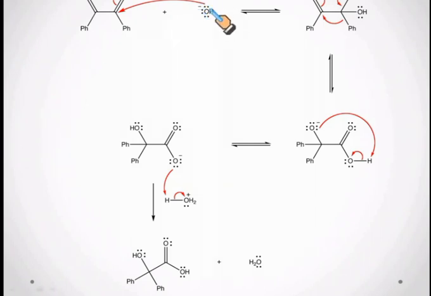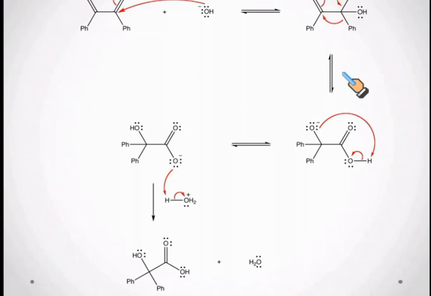First, a hydroxide ion attacks the carbonyl carbon of the benzil. Since it is a symmetric benzil, either carbonyl carbon can undergo nucleophilic attack by the hydroxide ion and consequently generate this anion. Then this anion undergoes rearrangement via phenyl migration as shown here and generates this anion. Then this compound undergoes proton exchange and forms this alpha hydroxy carboxylate ion, which can take up a proton and forms benzilic acid.